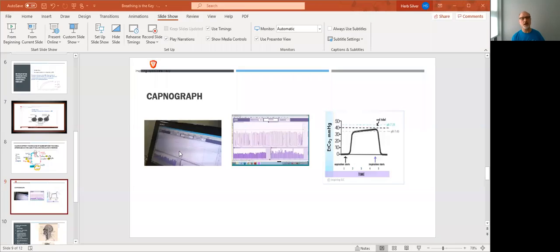So here, on the left, this is what you see on your computer screen, and in the middle. What we see here is an ideal level of CO2, or at least the base of it, at 35 millimeters of mercury. And this person is breathing below that. They're overbreathing, as it's called, and they're blowing off too much carbon dioxide.